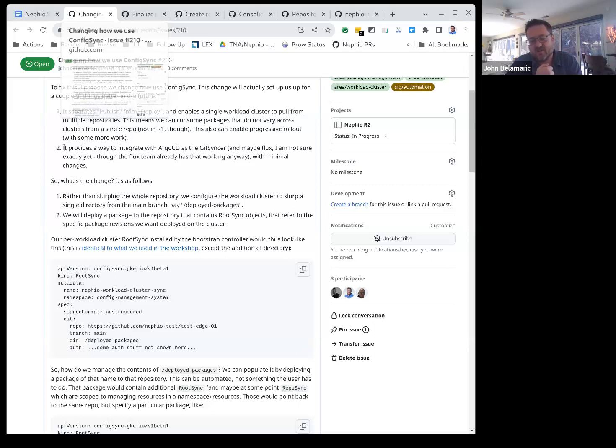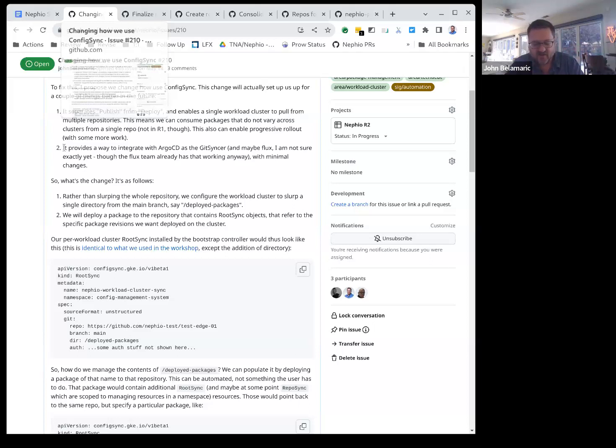Root sync can sync cluster scoped objects as well as anything else, whereas a repo sync synchronizes only to a given namespace. You can have as many of each of these resources as you want, multiple root syncs and multiple repo syncs, and config sync will manage them.